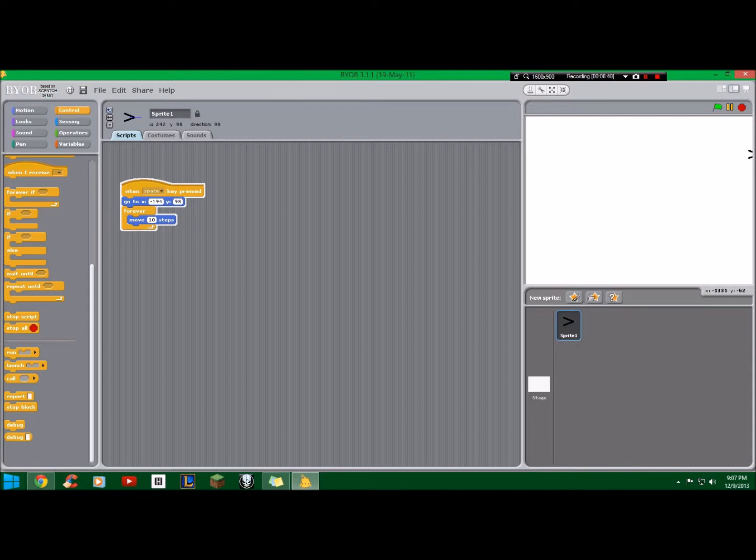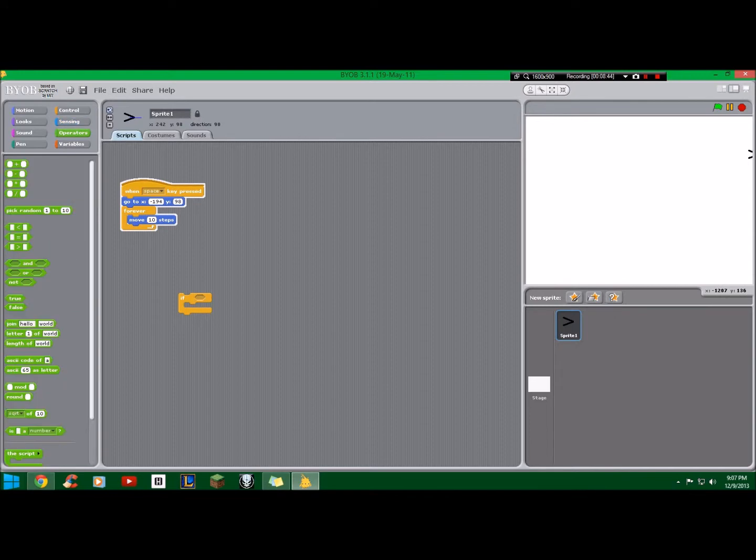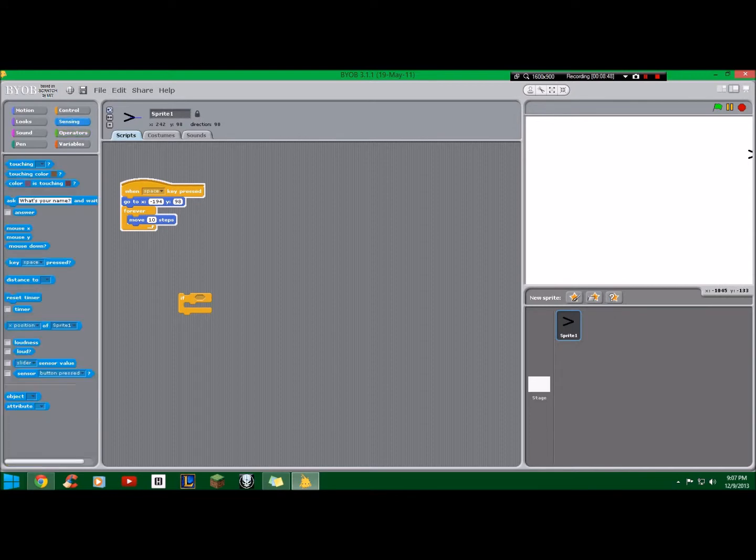There's something called an if command. An if command is something where you use a conditional, either sensing or some operators. It's where you put a conditional in. If you put a conditional in, you can say if this sprite, okay, if this sprite,